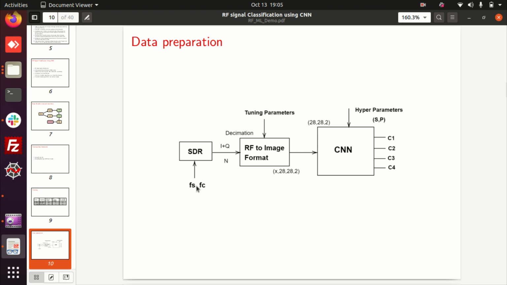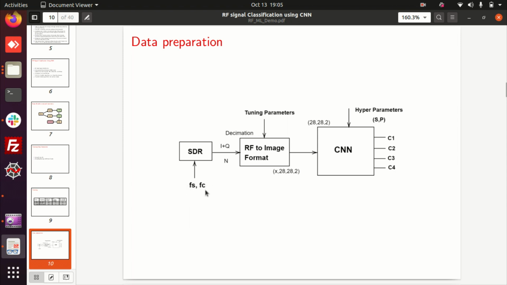Sampling frequency is the sampling frequency of your SDR. Here I kept 2.4 mega samples per second. I'm using an 8-bit ADC, and I can go for a decimation of either 12 or 24, but in the simulation I'm going to show a decimation of 12. So in the SDR, I'm fixing my sampling rate, my decimation rate and the carrier frequency.